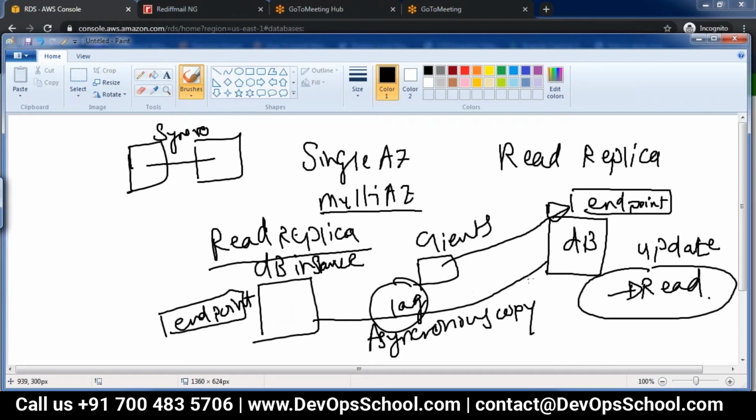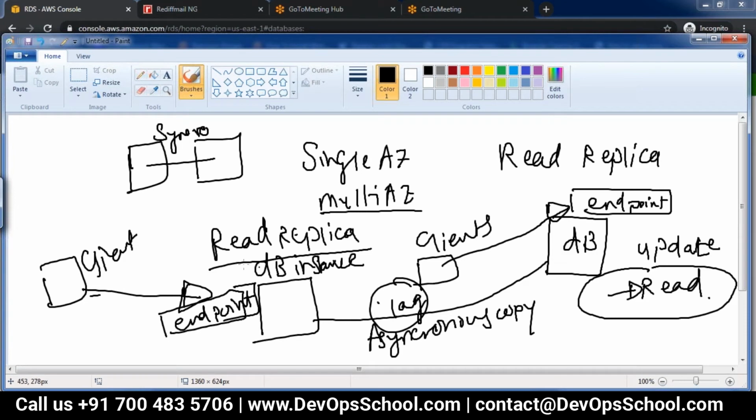But for running read type queries or running reports, we don't need the latest data. Maybe few minutes old data is fine for running reports, right? So the report clients can connect on this endpoint and run their reports. But this basically reduces a lot of load on the main database instance.